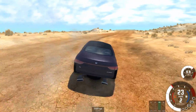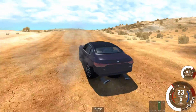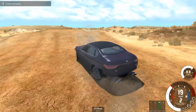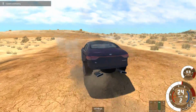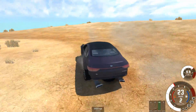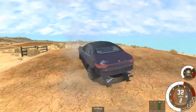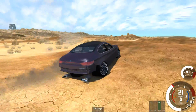I think we might overheat before we break anything else, because we're now going so slowly that I'm not sure we can break anything else before the engine overheats. I'm also suspecting that this damage is not helping us in terms of cooling, because I'm having to drive the car constantly flat out to get it up to any speed. Oh god, that's wobbling from side to side. This is a very interesting way that it's broken, and if we could do more than 20 miles an hour, it would be an interesting drive, but...